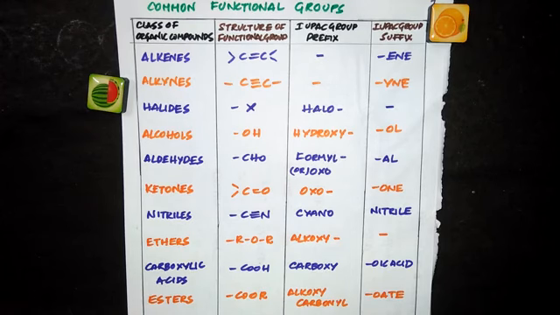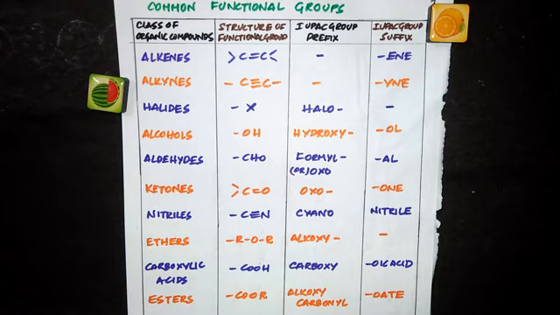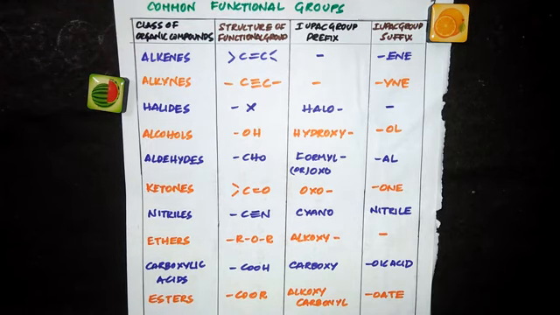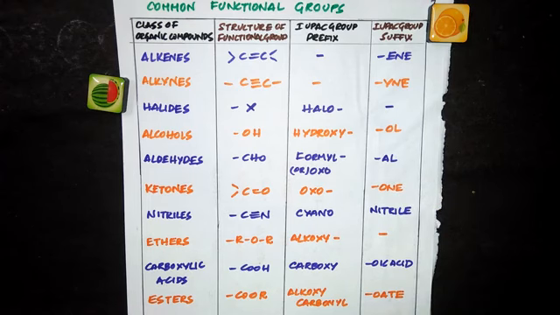So here is a list of some common functional groups. This is the class of organic compounds, which means the name of the functional group, and this is the structure of the functional group. While we are naming these compounds following the IUPAC nomenclature, we give them a special prefix or suffix depending upon the functional group which is present in the molecule, which means the organic compound. I'll show you the prefix and the suffix, and we will be recalling this again while we do nomenclature, which means naming an organic compound following the IUPAC rules.